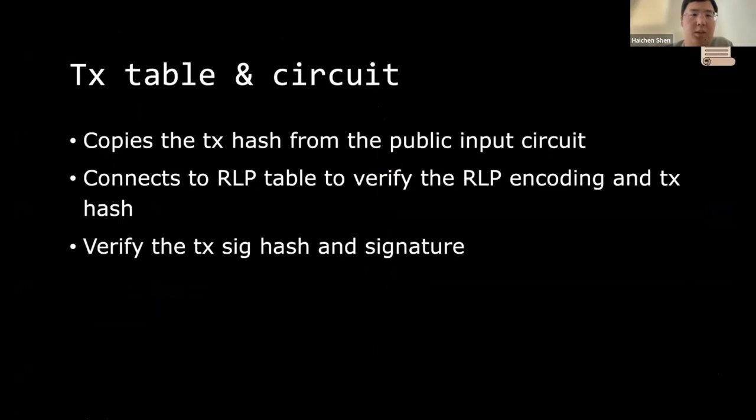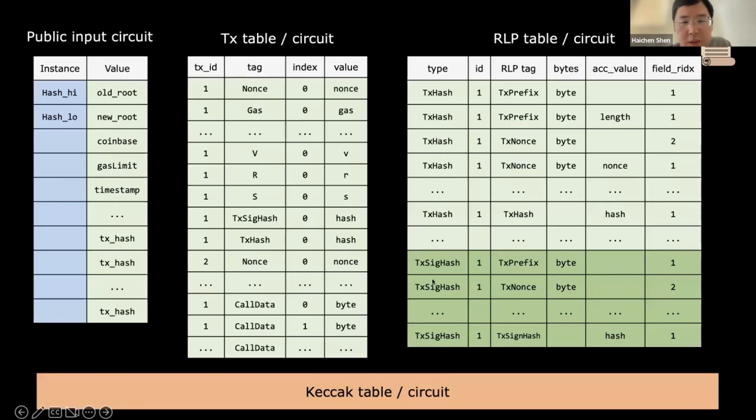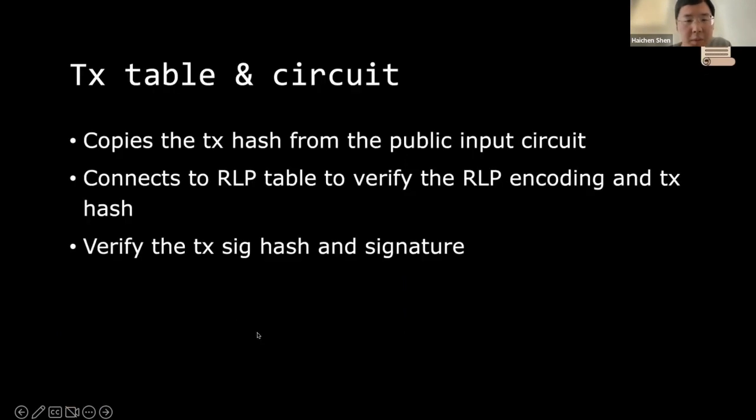So the third thing you need to verify inside the transaction circuit is actually that the signature is calculated correctly inside the transaction. So you're going to verify the transaction sig hash, the signature hash, and then you need to verify the signature is derived correctly. That means that we also need to introduce one more section inside the RLP encoding. So let me explain a little bit how you calculate the hash here if you're not familiar with